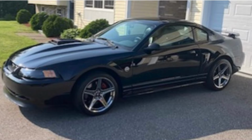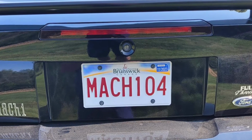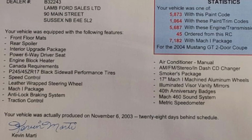So, beautiful black Mach 1 Mustang. Even has special plates that say Mach 1 '04 because it's a 2004. And he's in New Brunswick, Canada. And that's near Maine, so that's pretty cool. So going over some of the Marti report here,